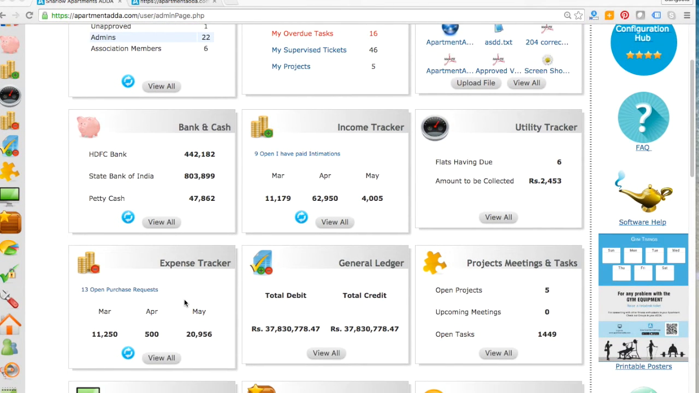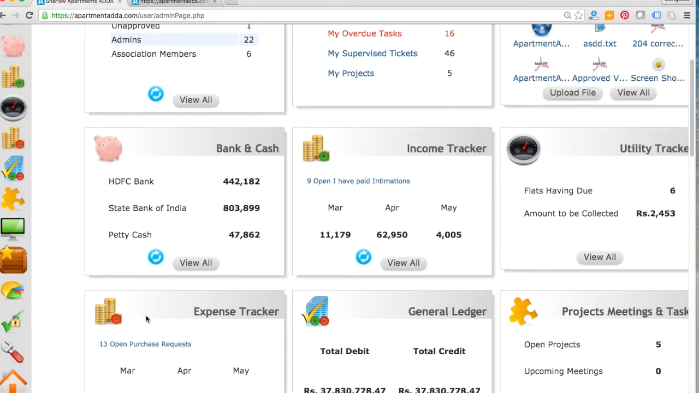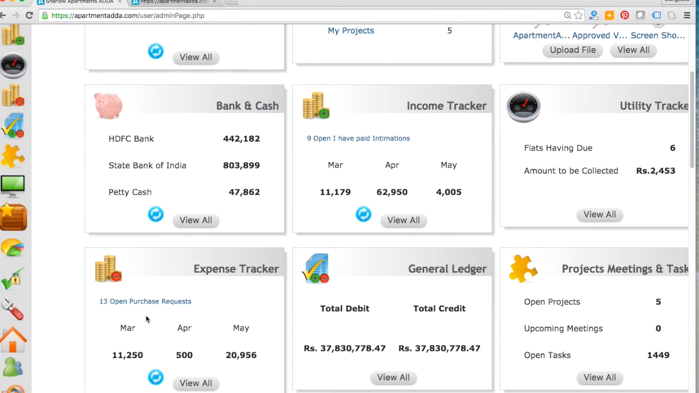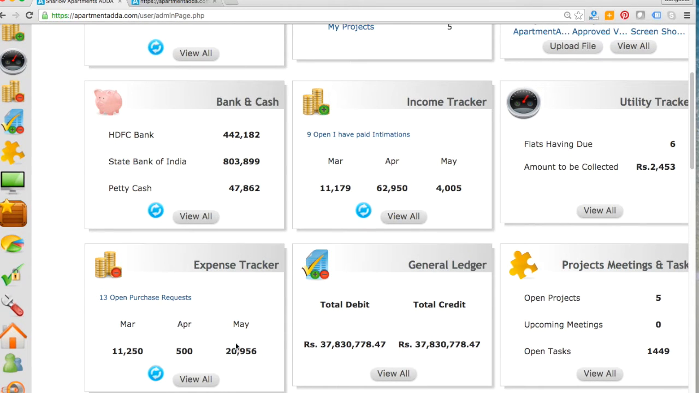Let me just zoom in. Expense tracker is where you can track all the outgoing payments of the association or society. I will use the word association and society interchangeably. It means the same. So, in expense tracker, what you are able to see are the last 3 months payments